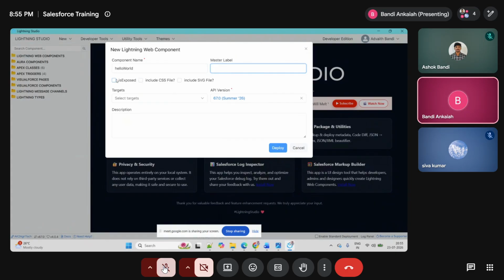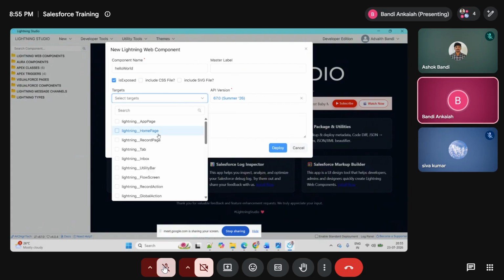So while creating, it will ask isExposed, that is one thing. I'm making it isExposed, and if required you can include a CSS file. Right now it's not required, so I'm not taking anything here. In the targets, where you need to display this one, see, we have different targets, right? Lightning app page, lightning home